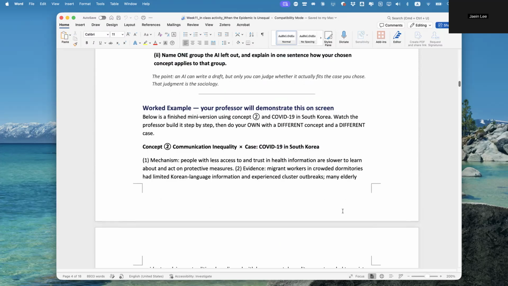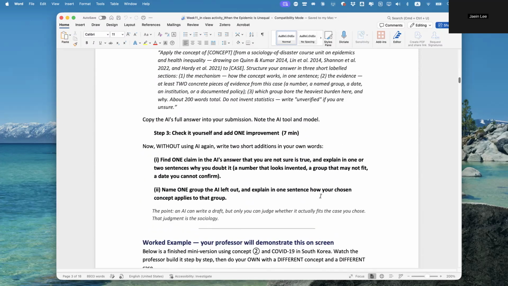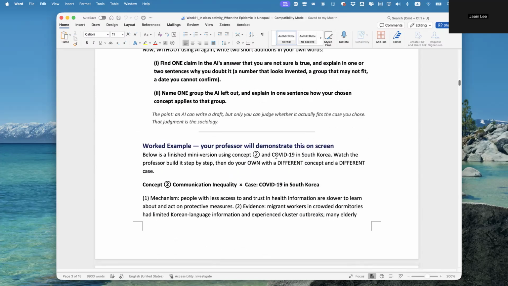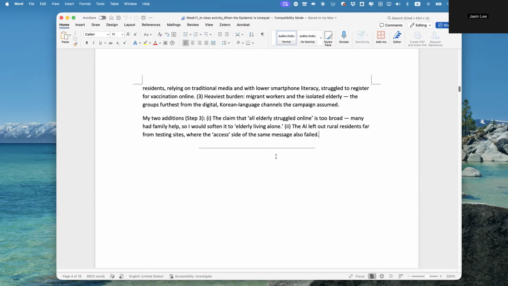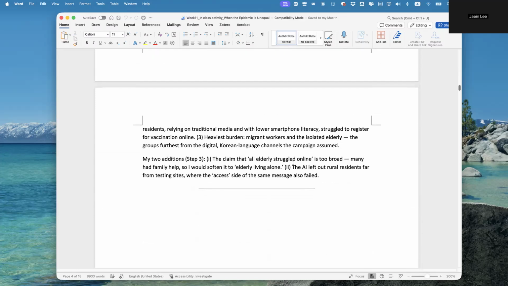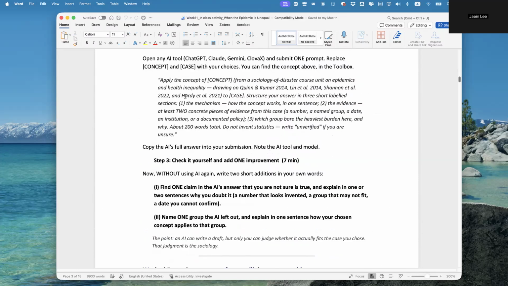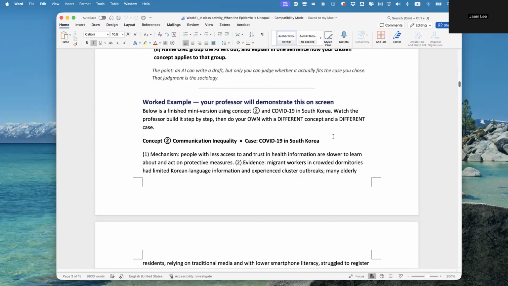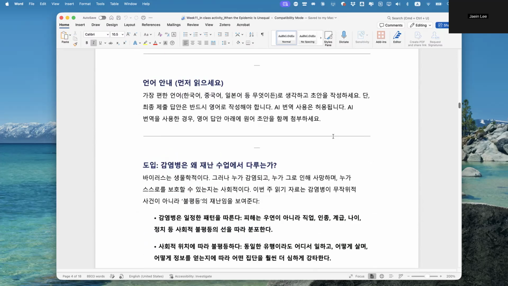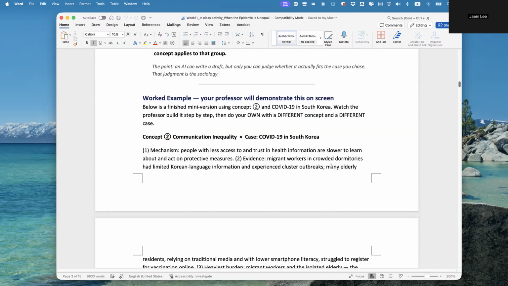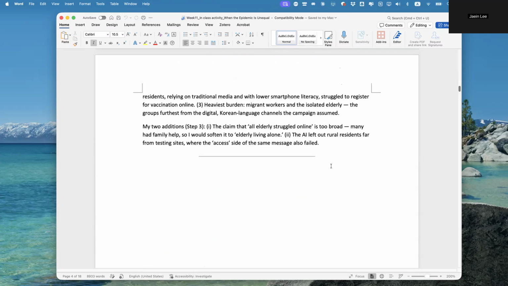All right, so you are not solely using the AI to generate the answer with a click, but you are trying to refine and regenerate the answers by modification. And you can sometimes readjust the prompt so that you can get a better answer. So these are very small steps of the AI-generated or AI-supported in-class activity, which is